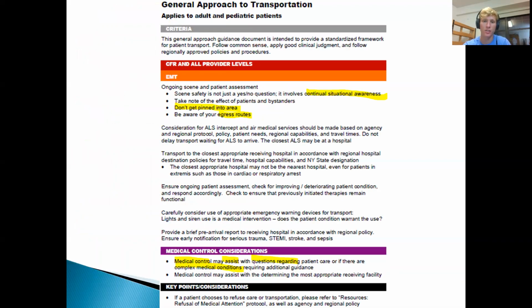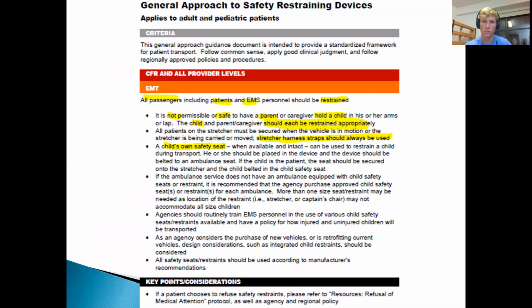Just a little extra to go with the general approach to patient care. Continuum of awareness, continual situation awareness when going at scene safety. Never get pinned into an area. Medical control may assist if someone has a complex medical condition. This is new for the protocols. We have EMS providers must